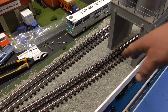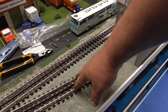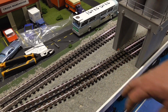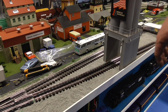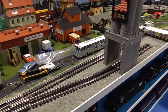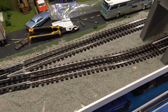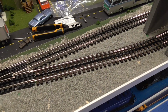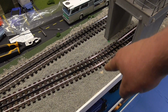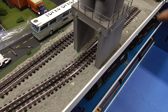Alright, so we're a little tight here. So what we need to do is take some bend out right here and then put it in here instead. Alright, let's try that. Alright, so let's take a look at what we got all mocked up. Nothing's permanent. Oops. I always end up doing that. But anyway, you can see where I got it coming straight in. Then I have it bending here. And then going through the